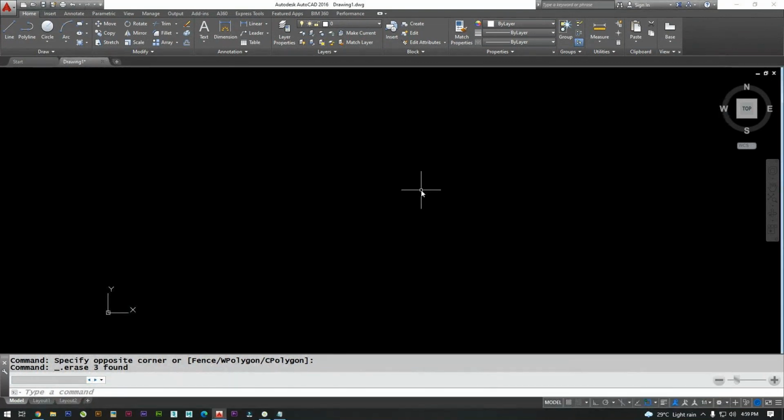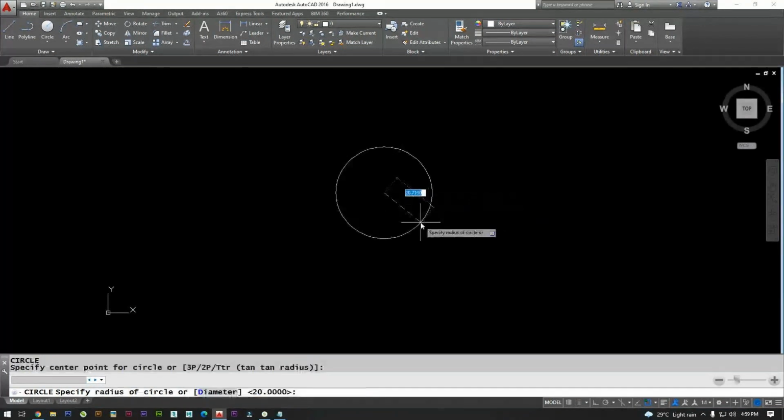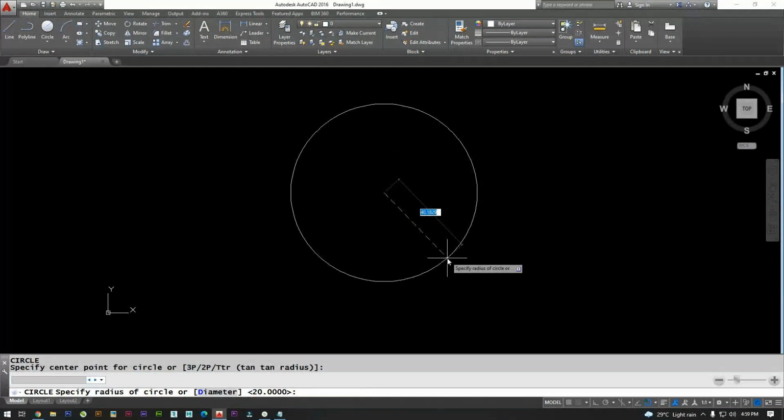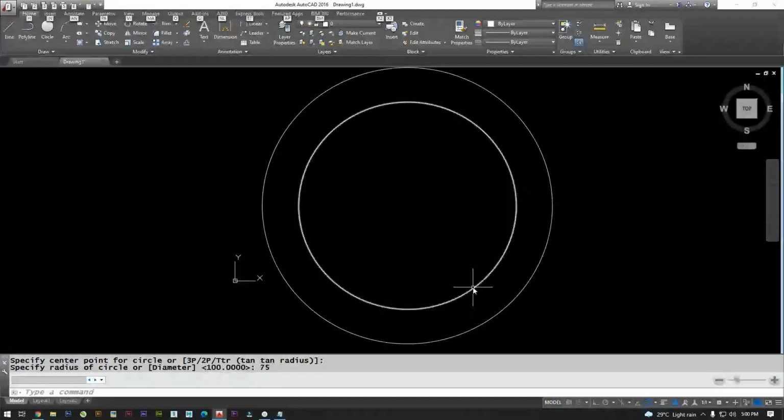So now C enter. Click. I'll just specify the value 100. Now C enter. C enter. Here I'll just give. Now three circles are ready, but next point is we need